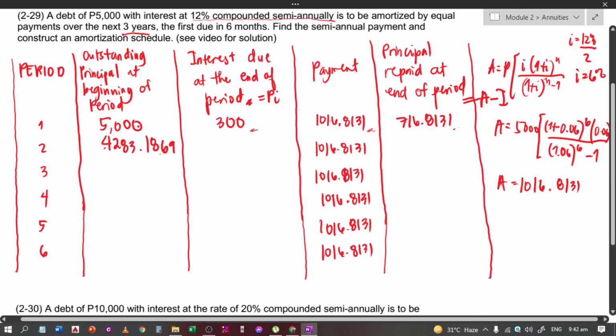Tapos, ganun lang din. Same lang ulit. So, ito ay P times I. So, 4,283.1869 times I na 6%. So, 211, hindi pala, 256.9912. Tapos, subtract yung amortization dun sa interest. So, ito yung principal repaid. So, 759.82. So, subtracting yung principal dun sa principal repaid. So, we get